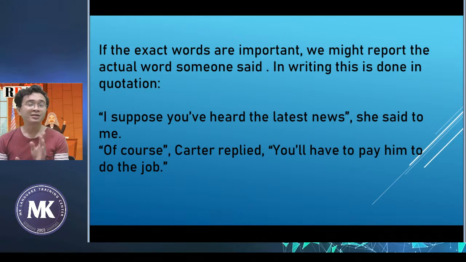Here, they said if the exact words are important, we might report the actual words someone said. So if you think the exact words are really important and you want to say what the person said exactly, then it's possible that you can report the actual words that this person says. So in writing, this is done in quotation. So only for writing we do this, but for speaking, somehow we don't. Because for speaking, we just pick the words that this person actually said. But for writing,